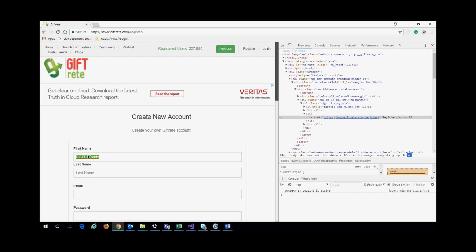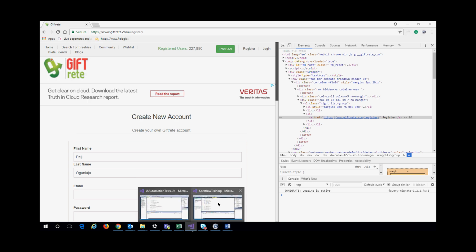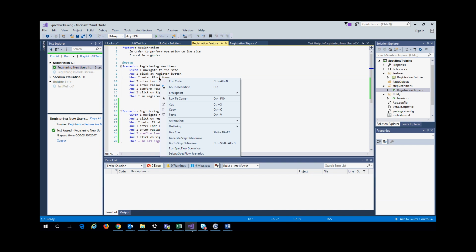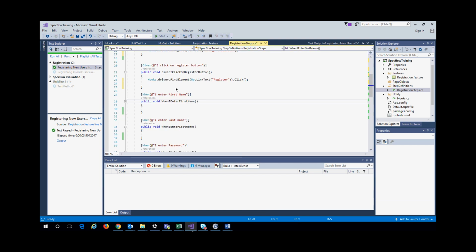Okay, let me make it smaller. So that's what you want to do in the next step, and also your email. So now, enter your first name. I right click on that. I go to where that is. Like I said, also, what do I need to do? Of course, I need to do my